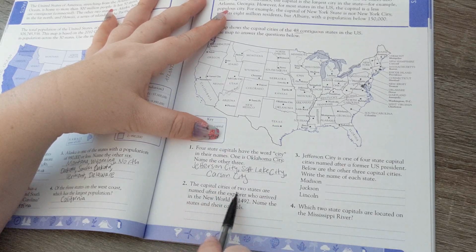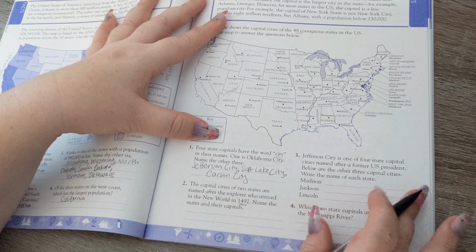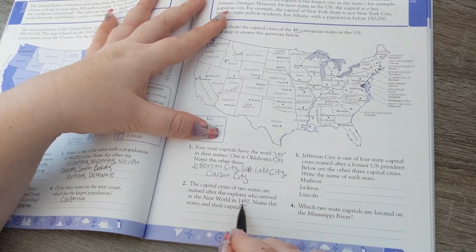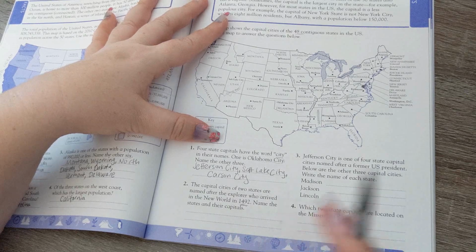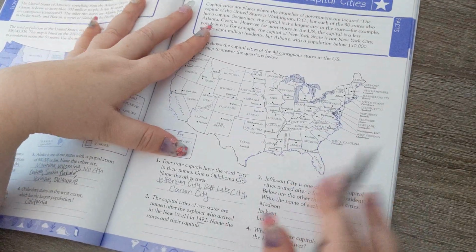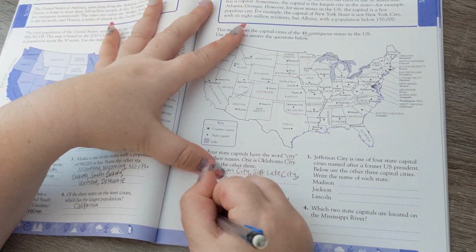Number 2, the capital cities of 2 states are named after the explorer who arrived in the New World in 1492. Name the states and their capitals. So who arrived in the New World in 1492? That's right, that's when Columbus sailed the ocean blue. So which 2 capital cities are named after Columbus? Right, well, Ohio is, of course, Columbus, Ohio. So